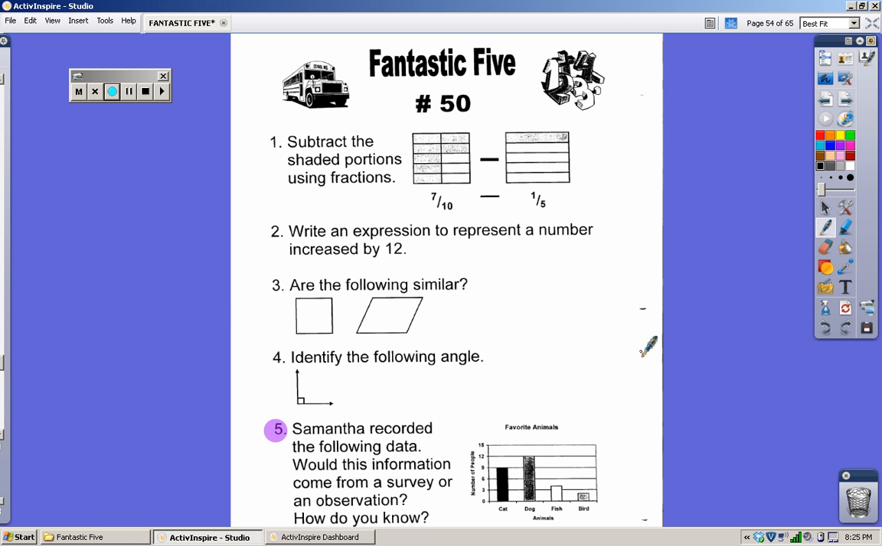And number 5, Samantha recorded the following data, which is information. Would this information come from a survey or an observation, and how do you know? The type of data that we have from this is about favorite animals. Whenever you see favorite, I want you to think about how you get to know somebody's favorites. Can you observe somebody's favorite color? I don't know. I mean, maybe if they're decked out from head to toe in pink,